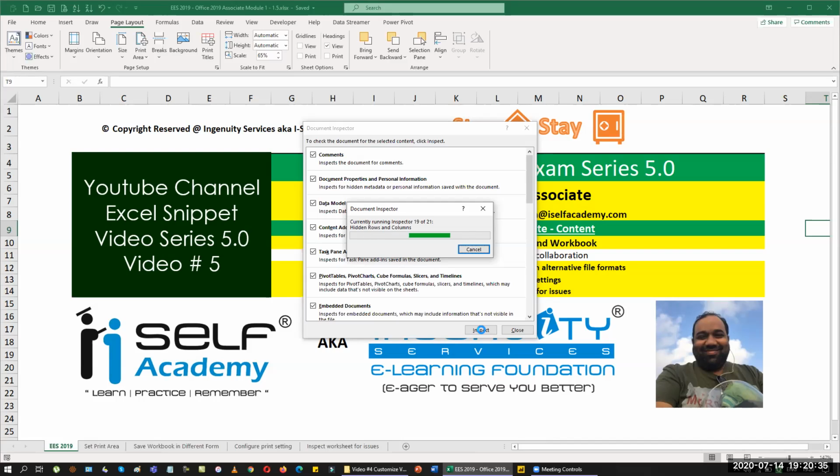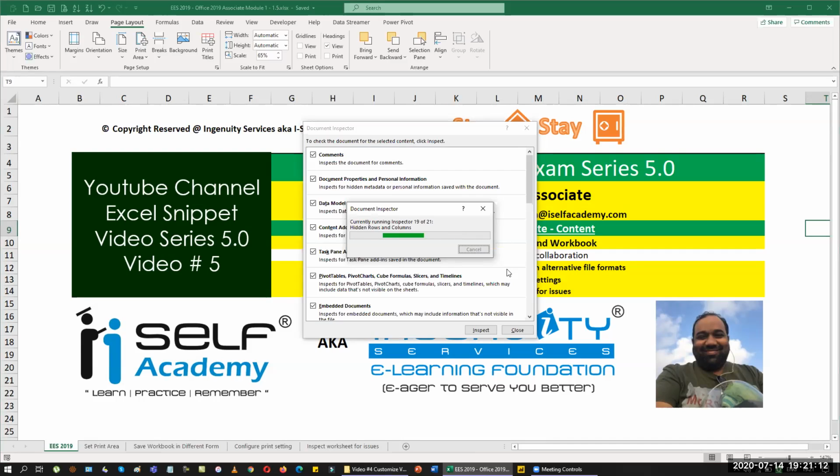So this is the only component that they will ask. Sometimes they'll ask you to remove even the comments, if they added a comment into your list, so you will get that as well. Sometimes it takes a little more time. This won't generally take this long in an examination. But as it's running, all the data is here. I have a lot of data in this list. In the document properties and personal information, they'll ask you to remove everything that is in it. Once you have done that, the rest will be better for us.